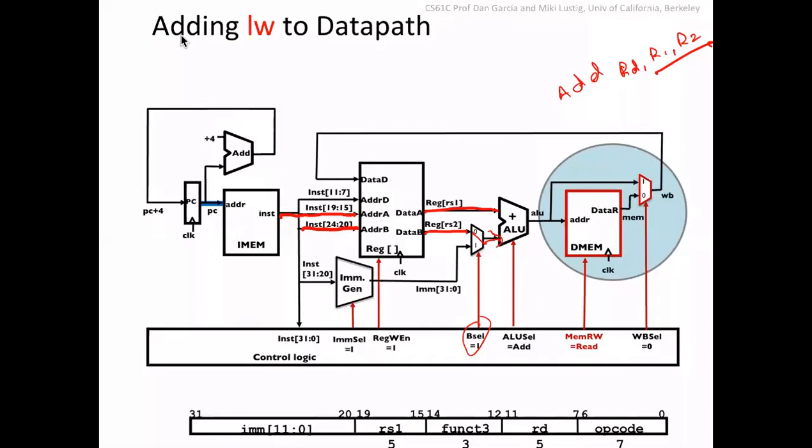Now R1 and R2 are to be added, so we add them by giving the add signal here. The add output is available here. Now where does the output have to go? It has to go to RD. The address RD is coming here, but the data has to come from the ALU, since we have to store the summation of these two into the register. We are not using memory here, so this output will come here. If we select 1, the multiplexer control as 1, then this output will be available here.